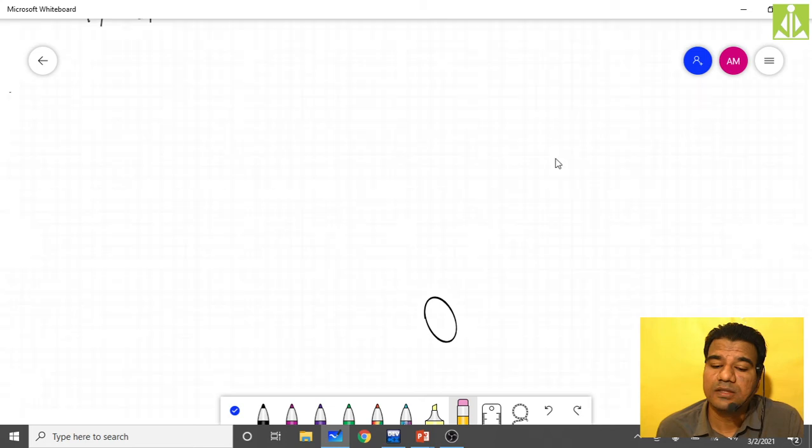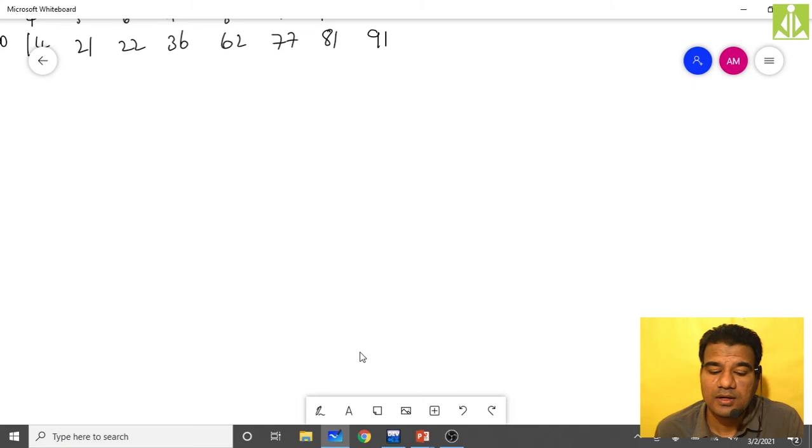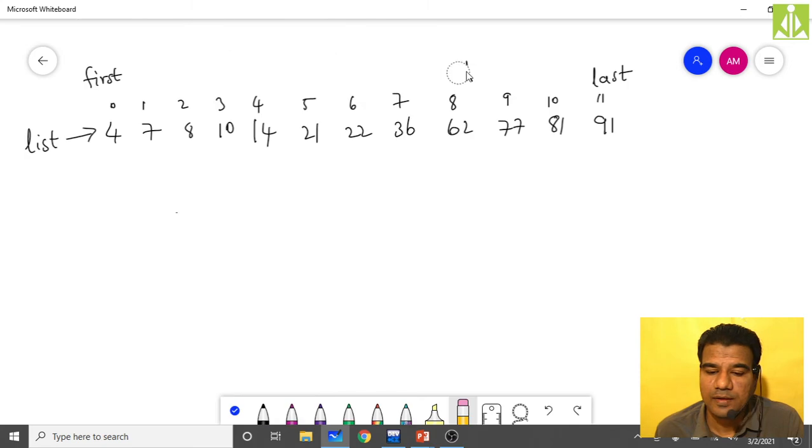Hopefully nothing is changed. Okay, good. So what I have to do? I need to select this and delete this. Okay, done. Come back in marker mode. This is my list. I need to delete these top ones as well.